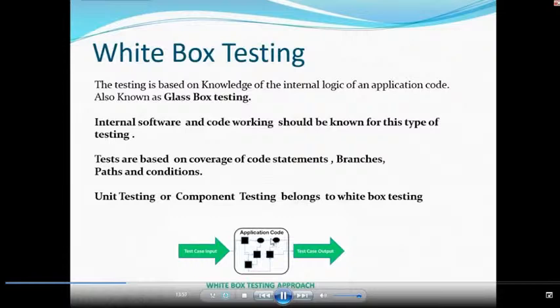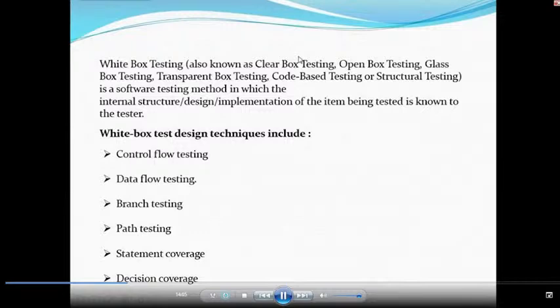Because I'm able to see the code, they call it by many names. Don't get confused here; try to understand the concept. Clear box means I'm able to see the code. Open box means I'm able to see the code. So we can simply say it's white box testing. Glass box means I'm able to see the code. Transparent box means I'm able to see the code. So all of these we can call white box testing. The developer also follows some techniques: control flow testing, data flow testing, branch testing, path testing,